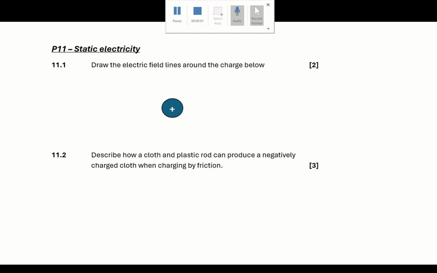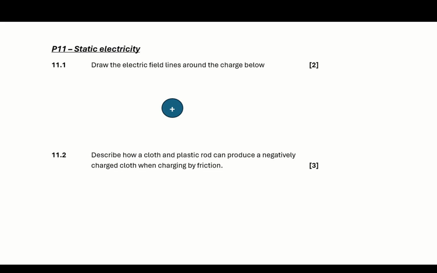Okay, P11 static electricity. Draw the electric field lines around the charges below. So I've taught you POUT and NIN. So POUT: positives, the lines go out; negatives, the lines go in. So I've got a positive there, I'm going to need POUT, and it's just draw 4 equal lines around, mark, and then arrows out,